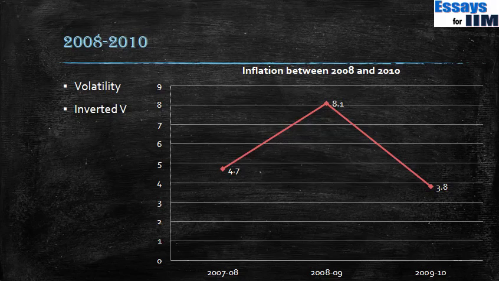So as we have written, there was a high volatility during this period, and also an inverted V. Why this happened was that once the crisis struck, initially all the global commodity prices went haywire, leading to a higher inflation. But then the overall global demand of everything just crashed because of the crisis, because of which obviously the prices in the entire world just bottomed out, and which also impacted prices in India, leading to a lower price as you can see in 2009-10.